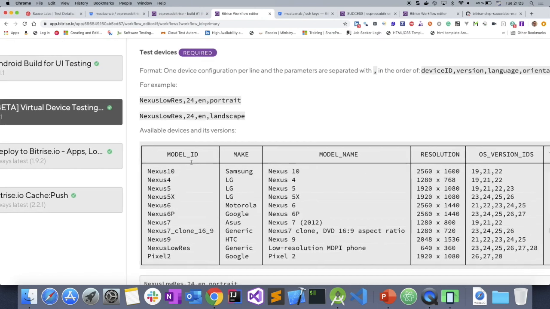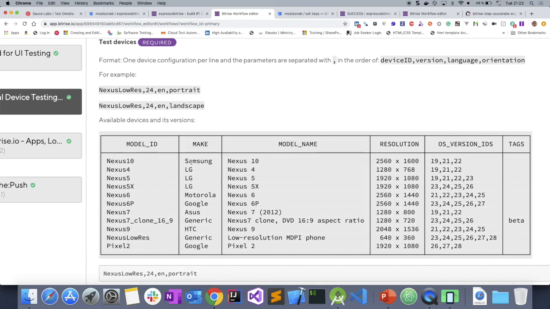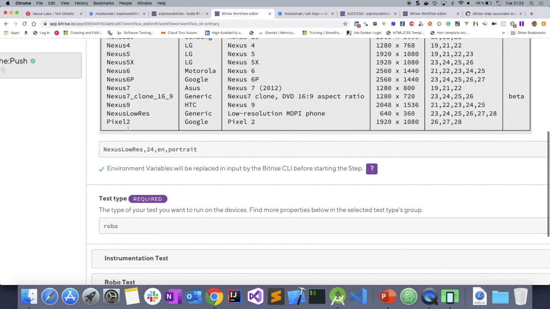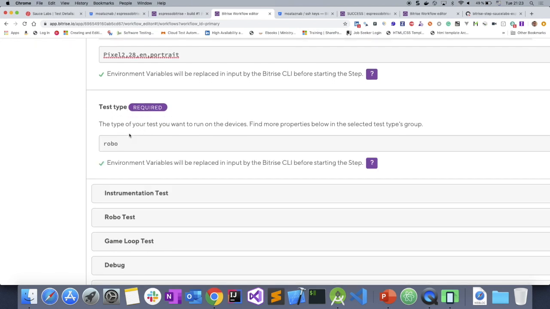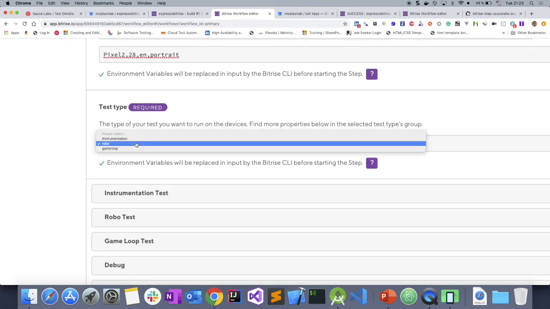And if you are working with Firebase Test Lab, this table is coming from the Firebase Test Lab itself. So these are the devices that Bitrise supports for now to run your UI test. So for example, I will select Pixel 2, and I will select version 28. And EN, this is the language, English, and portrait, this is the device orientation, and this is the test type. If you open this one,